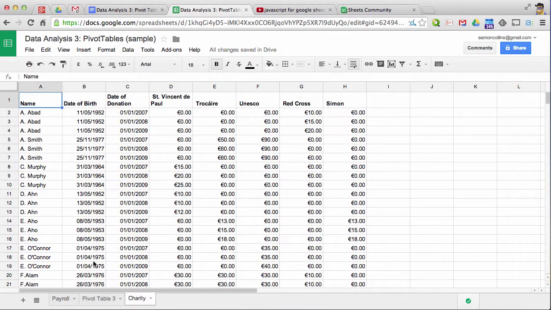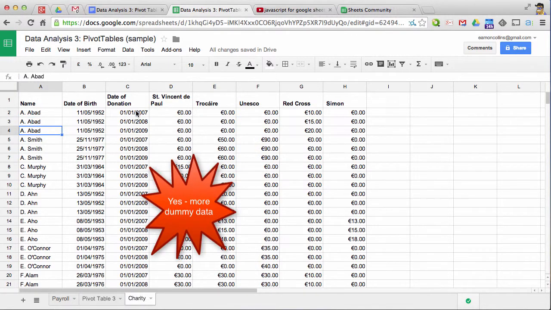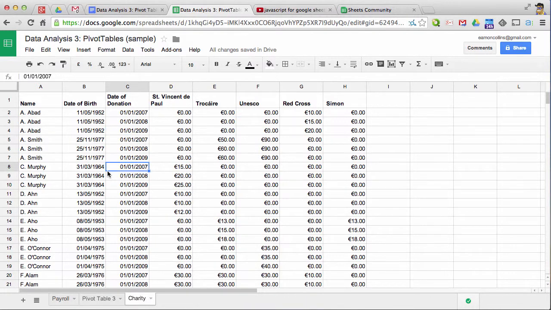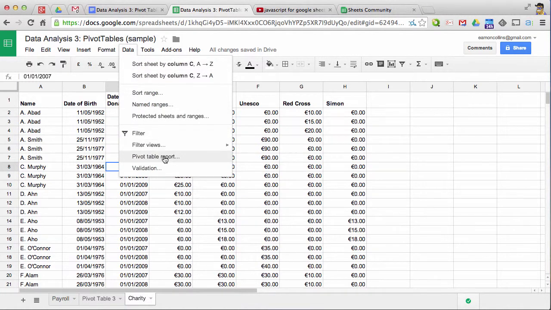Now let's have a look at another set of data. Here we have data of charitable donations made by individuals over time. Each individual is listed on 3 different rows to make up for the 3 different dates of contributions from 2007 to 2009. We can create a pivot table to help us collate this data in a more useful manner. So again, I'm clicked into the data, I click on data and pivot table report,